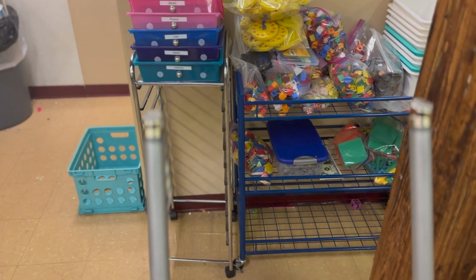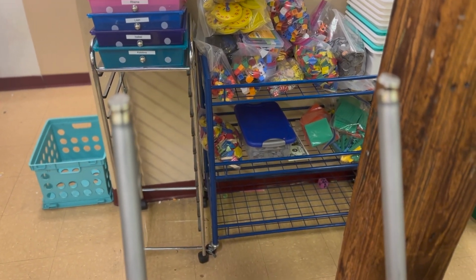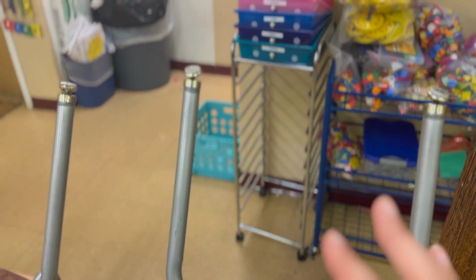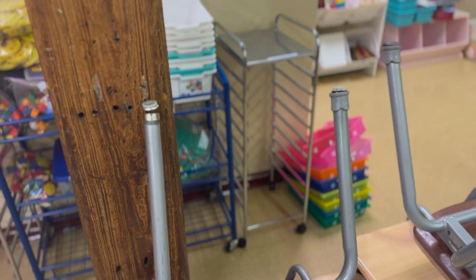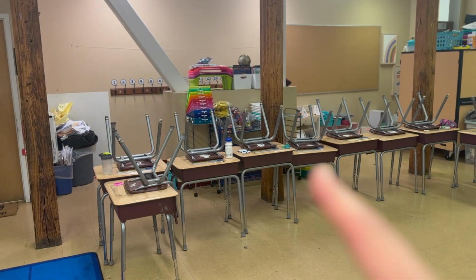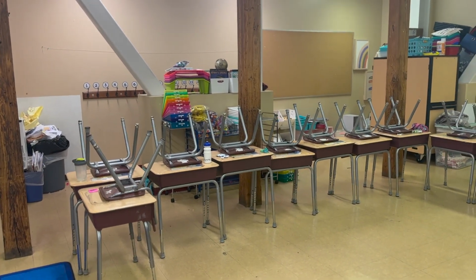I really do not like this system, so I'm going to find a better way to do it next year. I also lost a couple screws from each cart, and I don't have extra screws, so I think I'm just going to retire these. If I am in a classroom next year, I want clear ones anyway, like this one, or like this one. And I would offer those up to people, but I feel like nobody's gonna want them